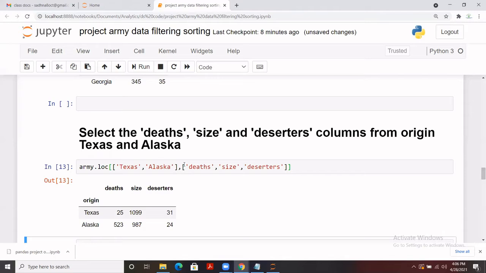So in any case, if you have a requirement related to specifically selecting any row and column, you can write those with loc, or basically we can use iloc as well. For iloc we have to pass the index, so we have to count the index of Texas and Alaska. Whatever index Texas and Alaska have, you count that and you write that index here. So I recommend using loc so that we can directly check that part. In case you want to keep counting the indexes, you can use iloc as well. And for the columns, we have given the names of those columns here. So here is the output. Now let's move to the next question.